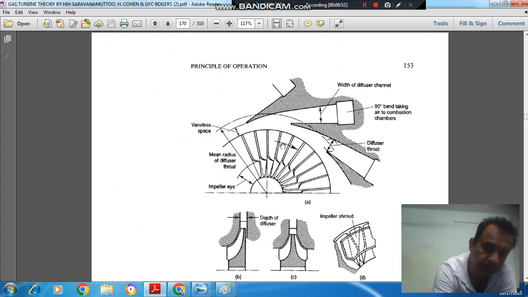So this is your centrifugal compressor diagram, and this is the impeller. According to his assumption, up to the diffuser throat we can assume 50% of losses. So we can assume this as a part of impeller, or as a part of vaneless space. The diffuser throat can be assumed as a part of vaneless space. So in the vaneless space, we have